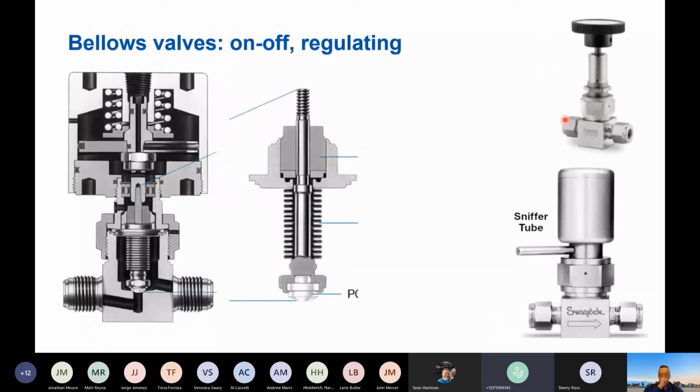Bellows valves, I'll not spend too much time on this, but bellows valves are similar. See the metal form here, the bellows, to provide a reliable seal to the atmosphere. If you're using corrosive gases, leakage to the outside is difficult because it's sealed by this bellows. You're not relying on any elastomers for sealing. Elastomers are susceptible to attack, especially with corrosive gases. Also,